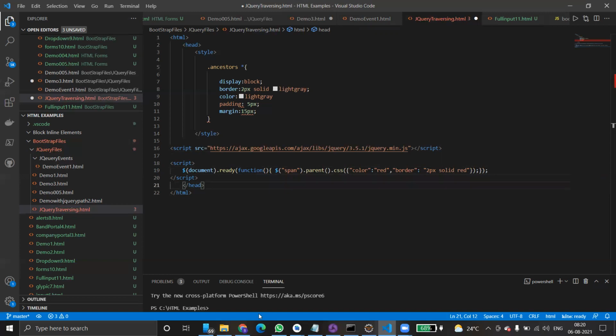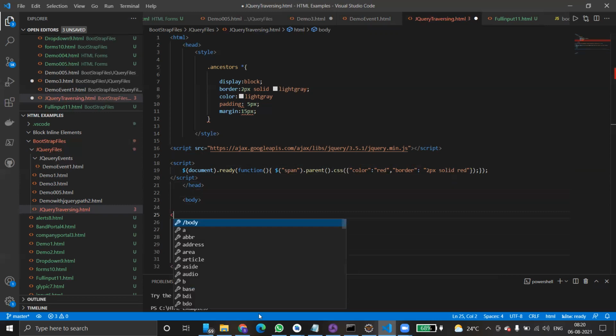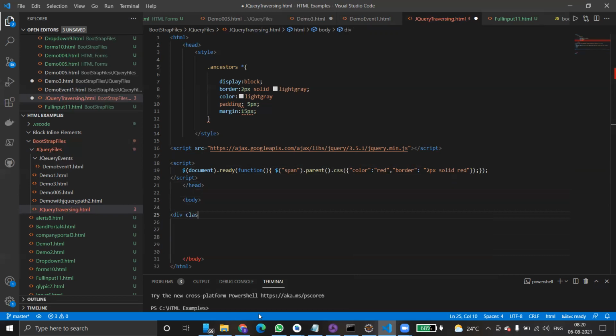Now the header. After the header we have the body, that we know already. This is where we are going to write our actual logic. Inside the body, first we create a class with a division. Div, class equals to the same class name you have to mention.